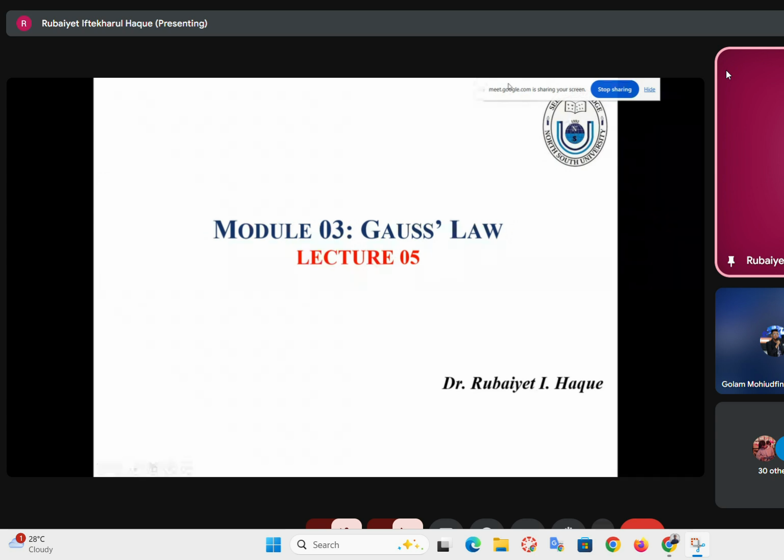So now the new chapter that we are going to start is called Gauss law. In this chapter, we are going to do exactly the similar thing we did in the previous chapter. We are going to calculate the electric field strength produced by different types of charged objects, point charges and continuous charges. But rather than using the old concept that we saw previously,